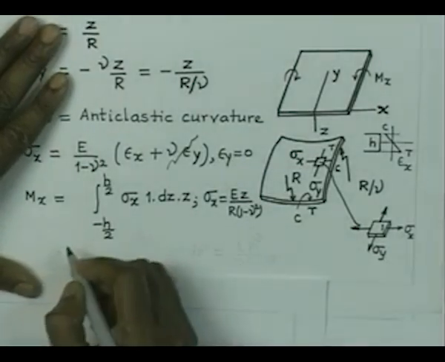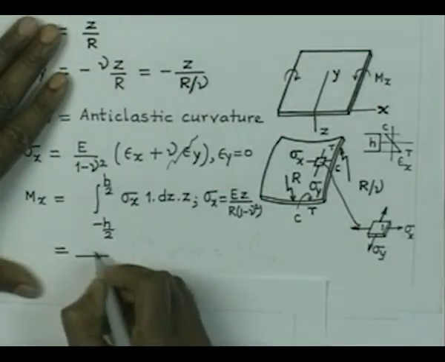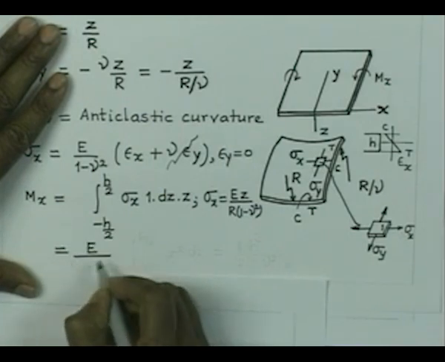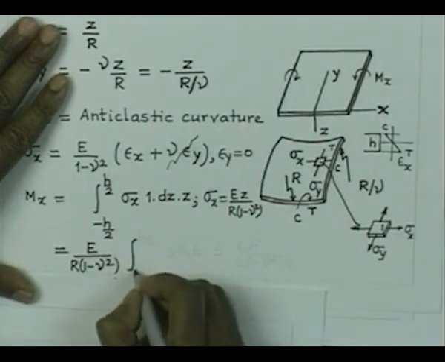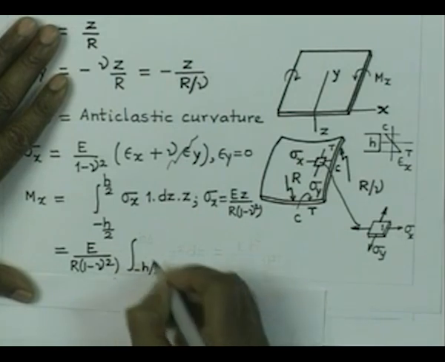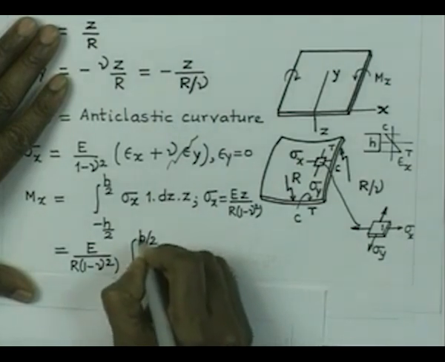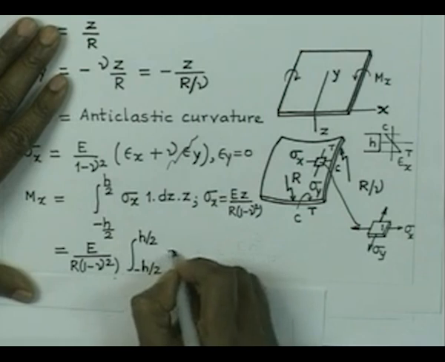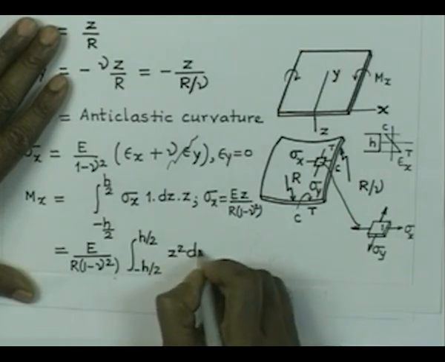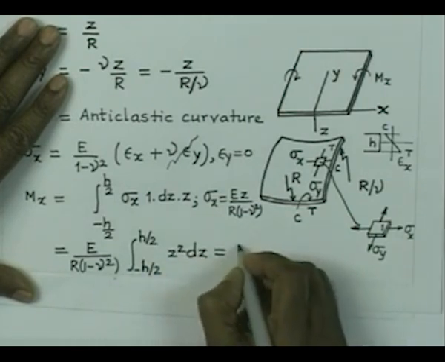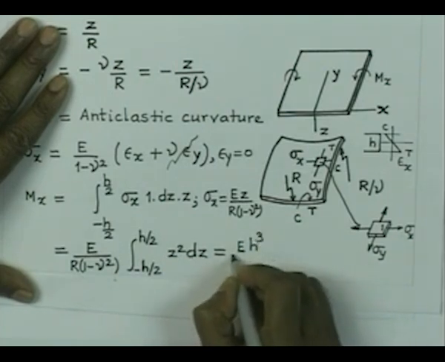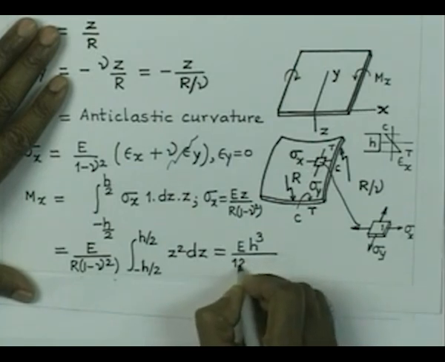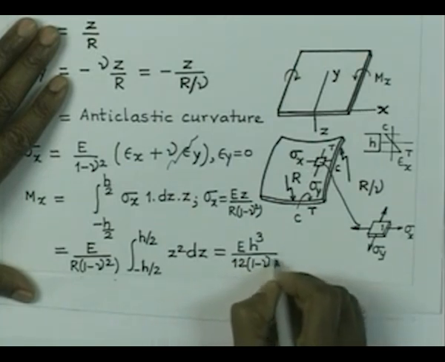Once we substitute the value, it takes the form E by r into 1 minus nu square, integral of z square dz, which is a simple integration, and therefore, we have E h cube by 12 into 1 minus nu square